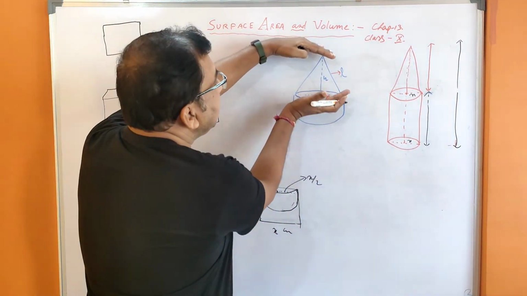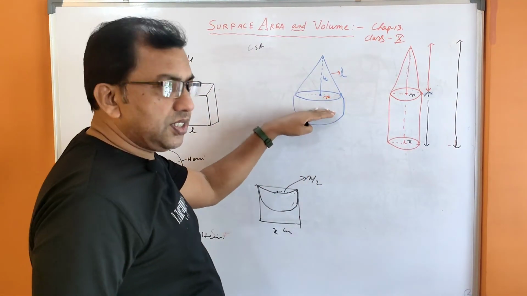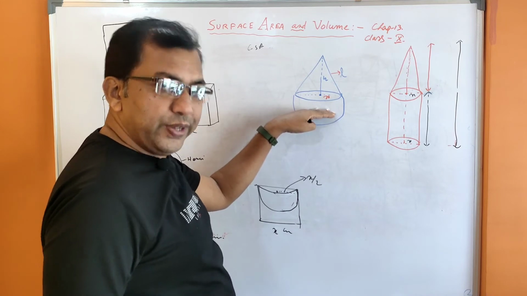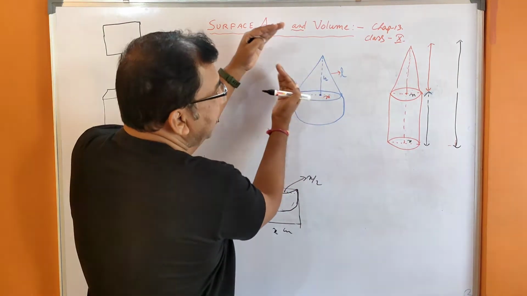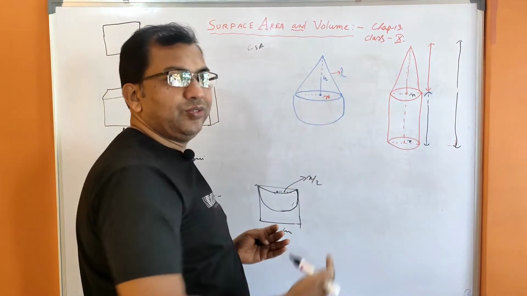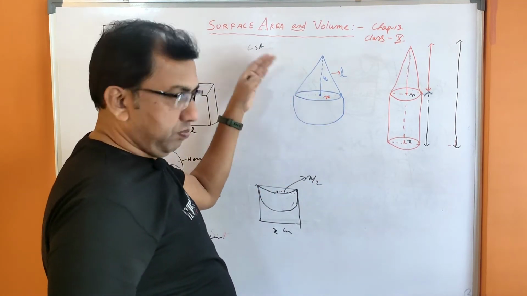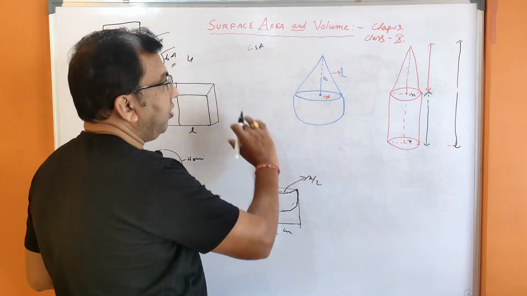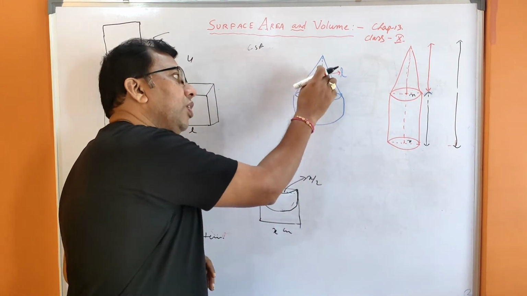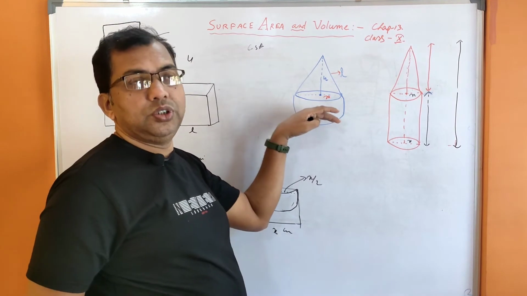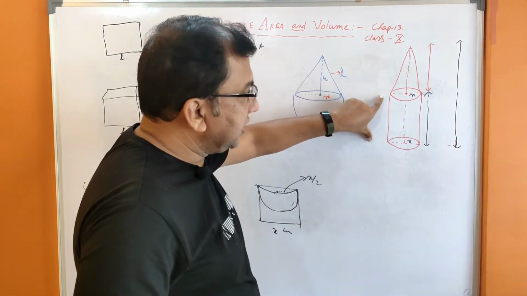What is this? Cone, sphere, hemisphere. So that is the curved surface. This is only the curved surface area of the cone, pi r l, whatever. So you have to find out the curved surface. If you find out area, you have to apply the formula of the cone and the formula of the hemisphere. Same also here. This is the cone and this is the cylinder.